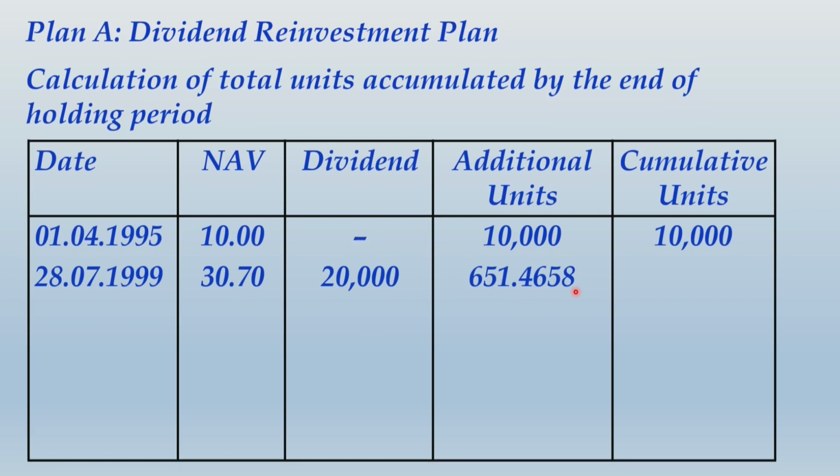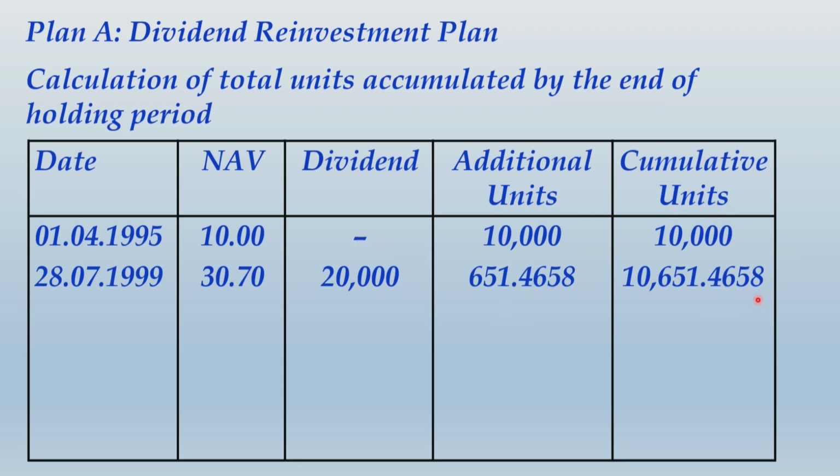Now friends, one thing, units of mutual funds can be traded even in fractional quantity. So don't think of rounding off this quantity. Practically, in reality also, units of mutual funds can be traded in fractional quantity. So we had already 10,000 units. We got 651.4658 units by way of dividend reinvestment,